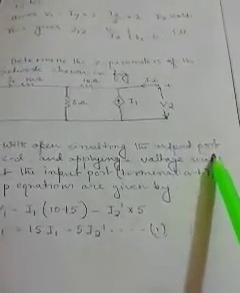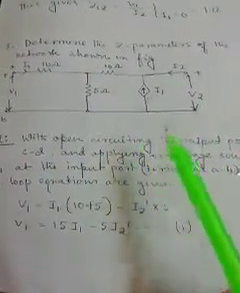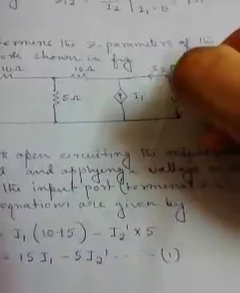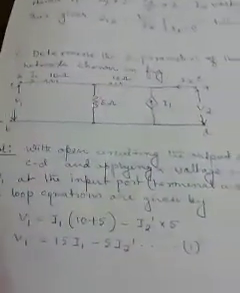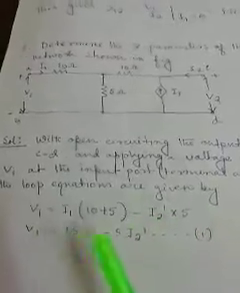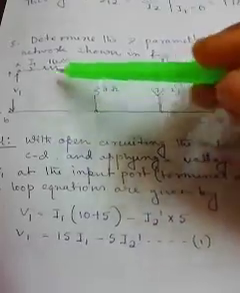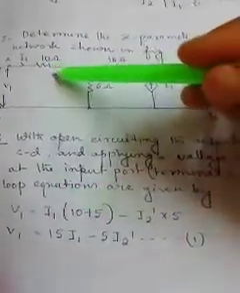So with open circuiting the output port, again you have to open the terminal, output port CD. Here it is not written, so write it here, I forgot to write. So this one should be the CD terminal. So CD, and applying the voltage source at the input port terminal. The loop equations are given by, so we will just form the loop equation. From this side, forming the loop equation gives us V1 equals I1 into 10